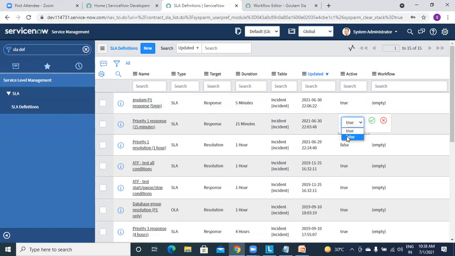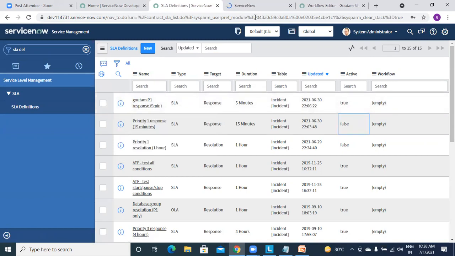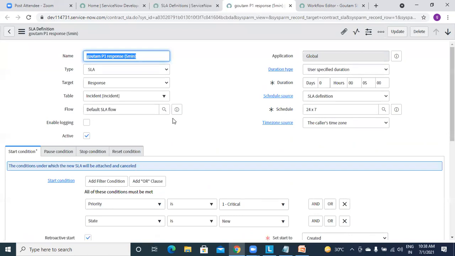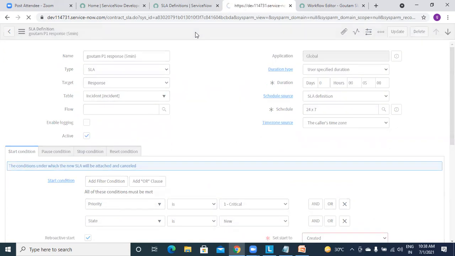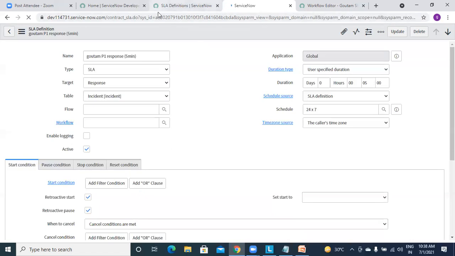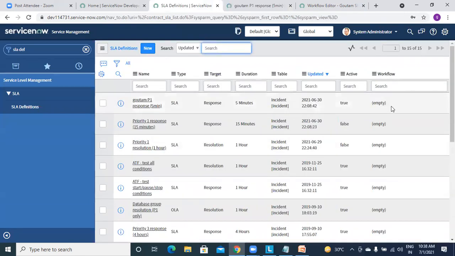Making this false because we want only one workflow. Okay, so now removing Flow Designer because we have workflow. So save and have a look again. Let's see if that is allowing or not.